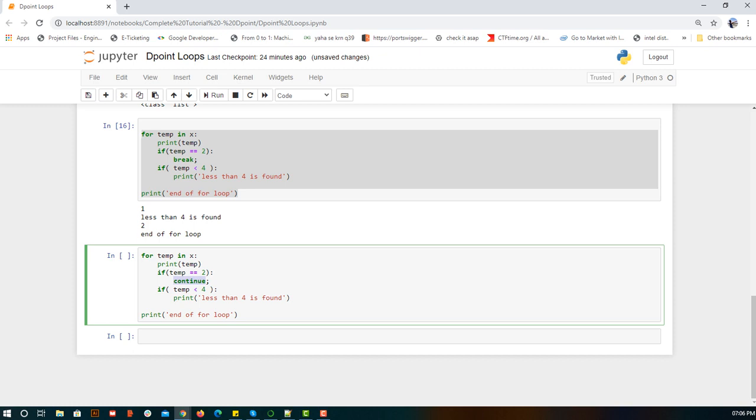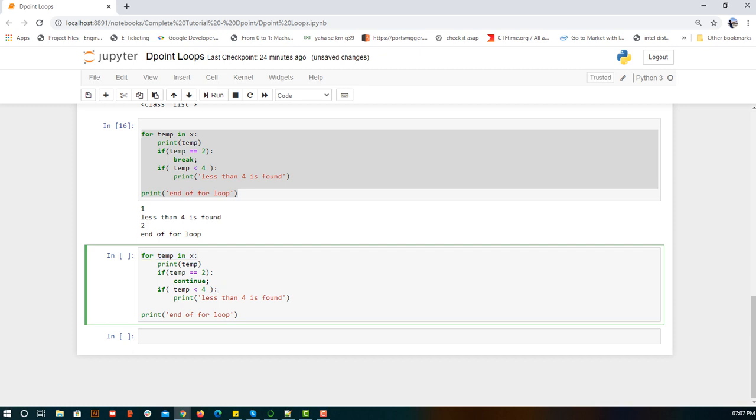Let me tell you in a simpler manner. When the temp value is 2, 2 is equal to 2, so continue means go on with the loop and just skip or forget about the logic which is written under me in the same loop. This logic was written after the continue statement in the same loop. So what continue says is, I am written under one loop, which is the for loop in our case, so execute that and just skip the remaining logic written below me.